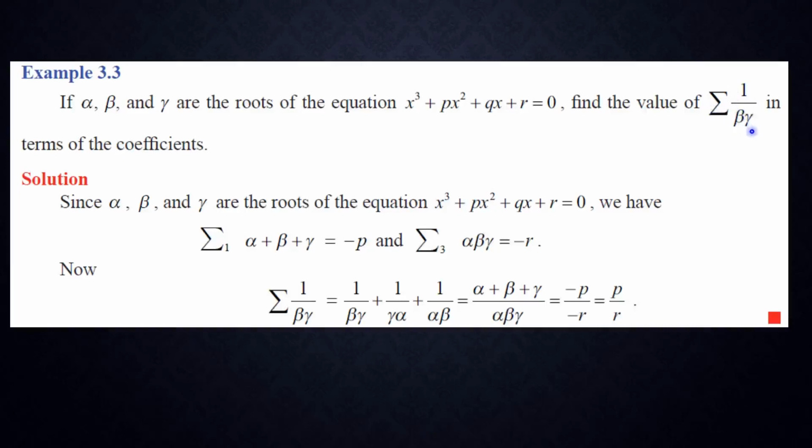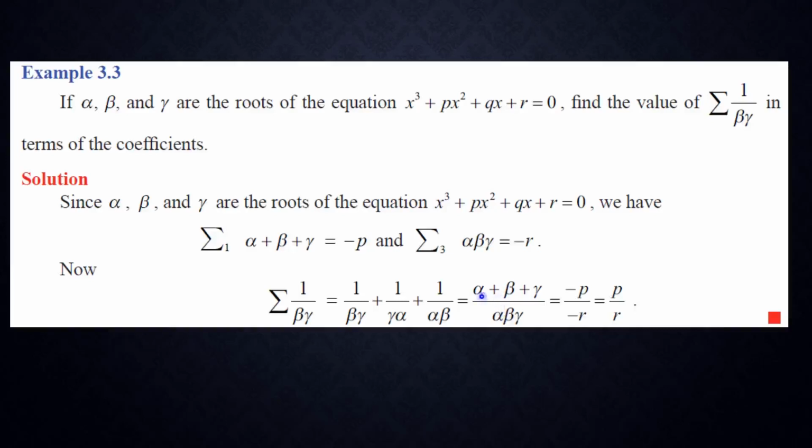Here summation means sum. So sum of the reciprocal of the product of two roots, that is nothing but 1 by beta gamma plus 1 by gamma alpha plus 1 by alpha beta. So இங்க beta gamma ன்னு கொடுக்காம summation 1 by alpha beta ன்னு கொடுத்திருந்தாலும் இதுதான் எழுதணும், அல்லது 1 by gamma alpha ன்னு கொடுத்திருந்தாலும் இந்த terms தான் எழுதணும். Okay. So for this we want to calculate LCM எடுத்தோம் அப்படின்னா நியூமரேட்டர்ல alpha plus beta plus gamma ன்னு வரும், denominatorல alpha beta gamma ன்னு வரும்.